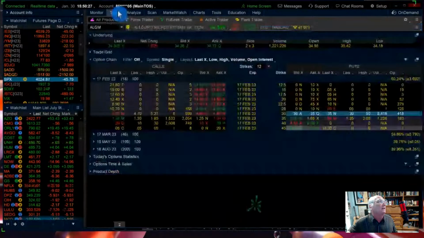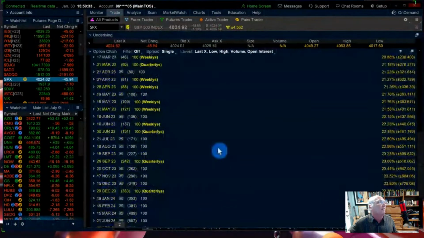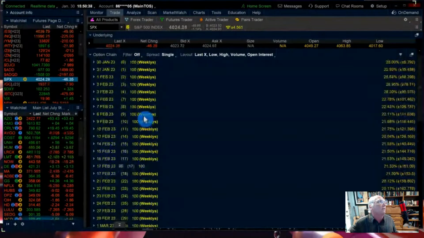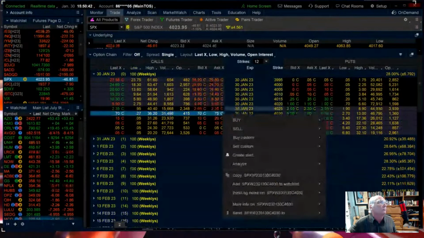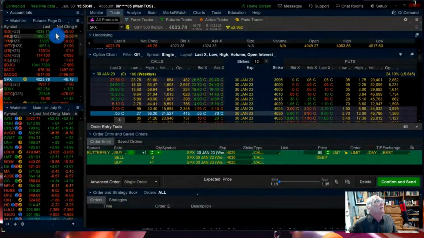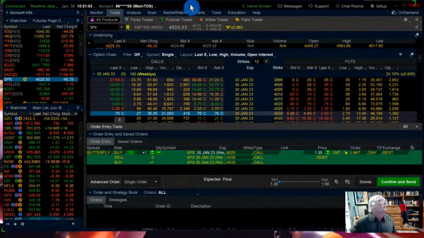Let's see what that butterfly is. I love to punish myself. Gotta just punish myself. It's still $1. And this is where it gets difficult. So the puts, sure, they could be a hedge. By the way, in ALGM, definitely could be a hedge. Usually, though, when I see it, it's like a round lot.